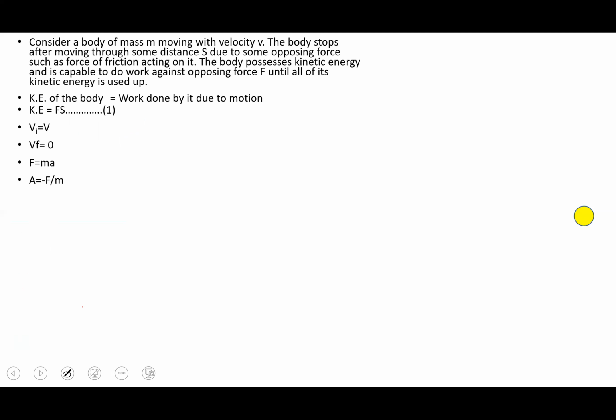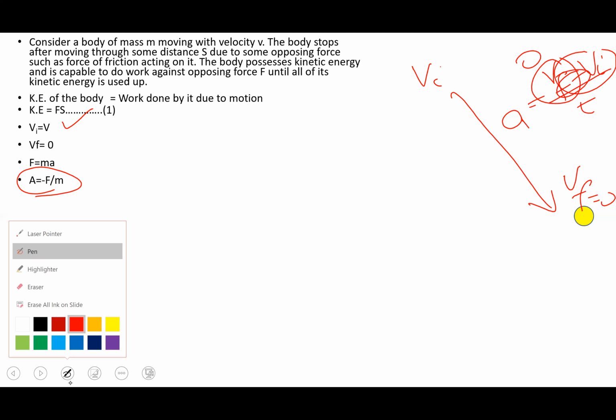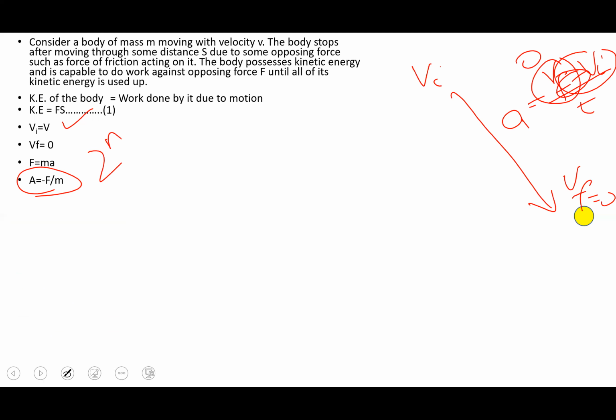So we have the initial velocity, which was Vi, and the final velocity, which is equal to 0, because it stopped. And as the body was moving from here to here, its acceleration was decreasing. So the negative acceleration, that means the Vf is less than Vi in a certain amount of time. So if Vf is 0, then the only thing which is left is Vi, so there's a negative sign over here. That is why we are taking acceleration equal to minus F over m through Newton's second law,